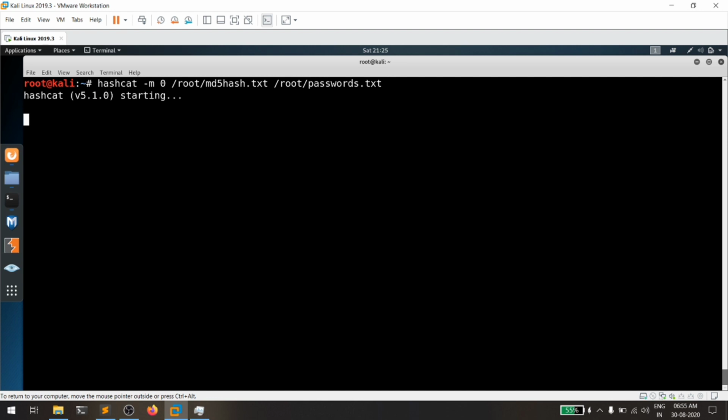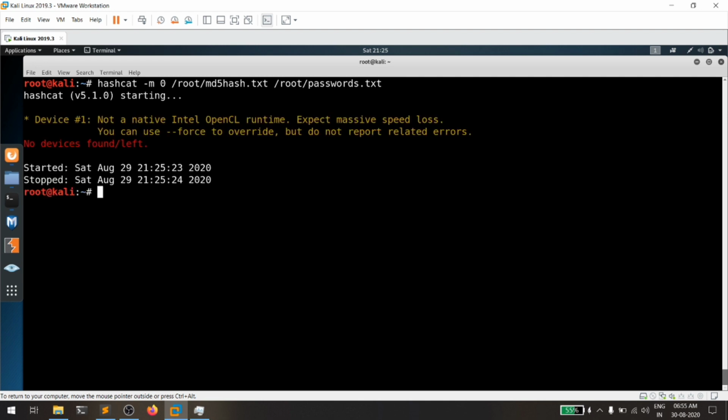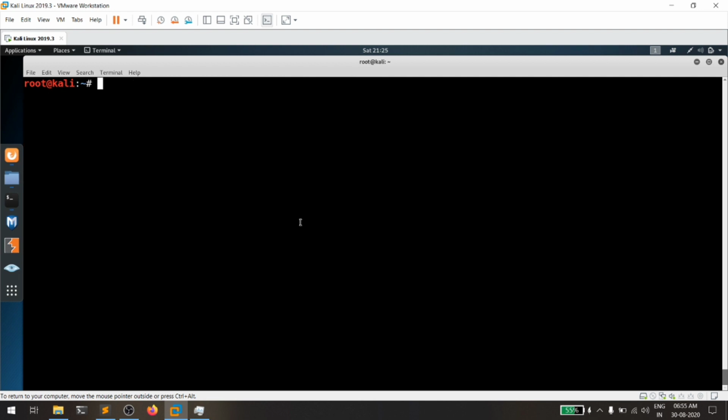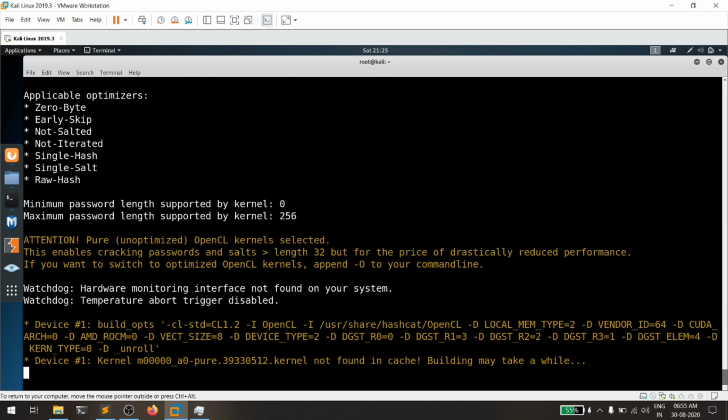And if you hit enter, this is gonna definitely show an error, because by default our Hashcat is configured to use GPU, but in our virtual environment we don't have a GPU. So we need to use an option called --force. But if you are using your host machine, then you don't need to do that. So we are forcing Hashcat to simply use the CPU instead of GPU. Let me hit enter. It's gonna take some time, and it's gonna definitely work. If it doesn't work, leave a comment below. I'll be helping you out.